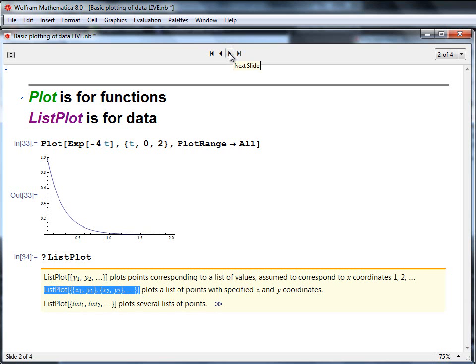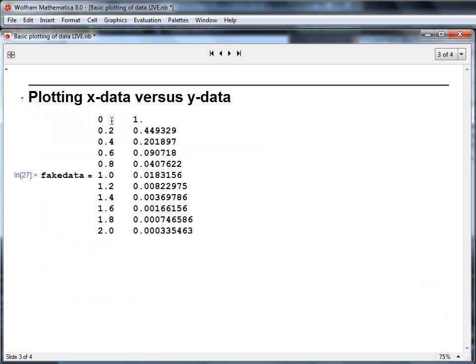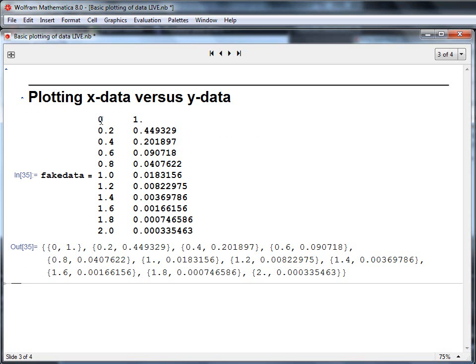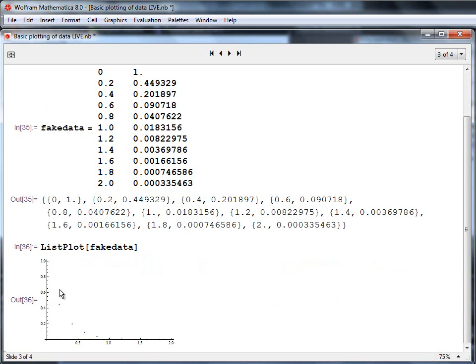And so on the next slide, I've prepared some fake data in that form. I entered it in a table form using Control comma to get a new column and Control enter to get a new row. And we can execute that. And what we see, even though it looks like a table form here, when you execute it, you realize that the fake data is actually stored as a Mathematica list where we have pairs of numbers, just the right format for ListPlot. So ListPlot[fakedata], and there you see the decaying exponential,